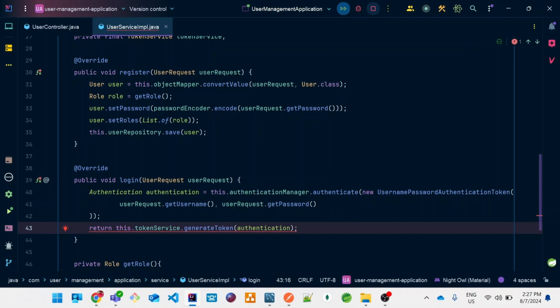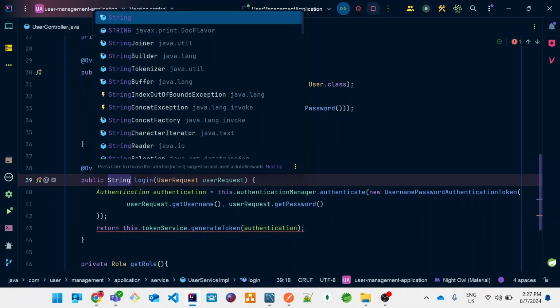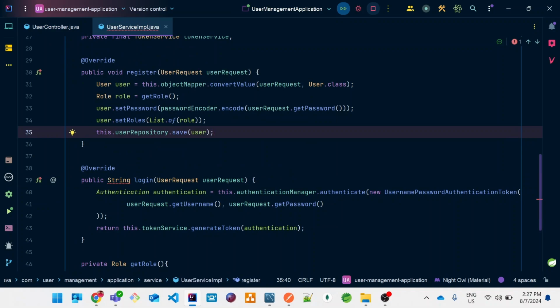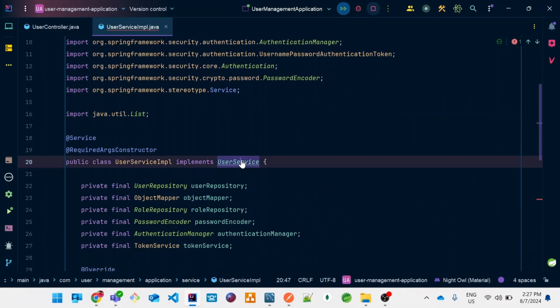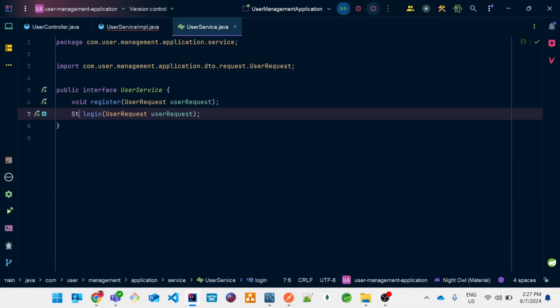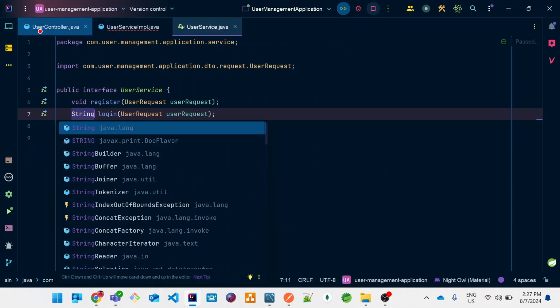So now I'll just change the data type over here and I will just go to the user service and I will also change the return type over here. Now I'll just go to the user controller